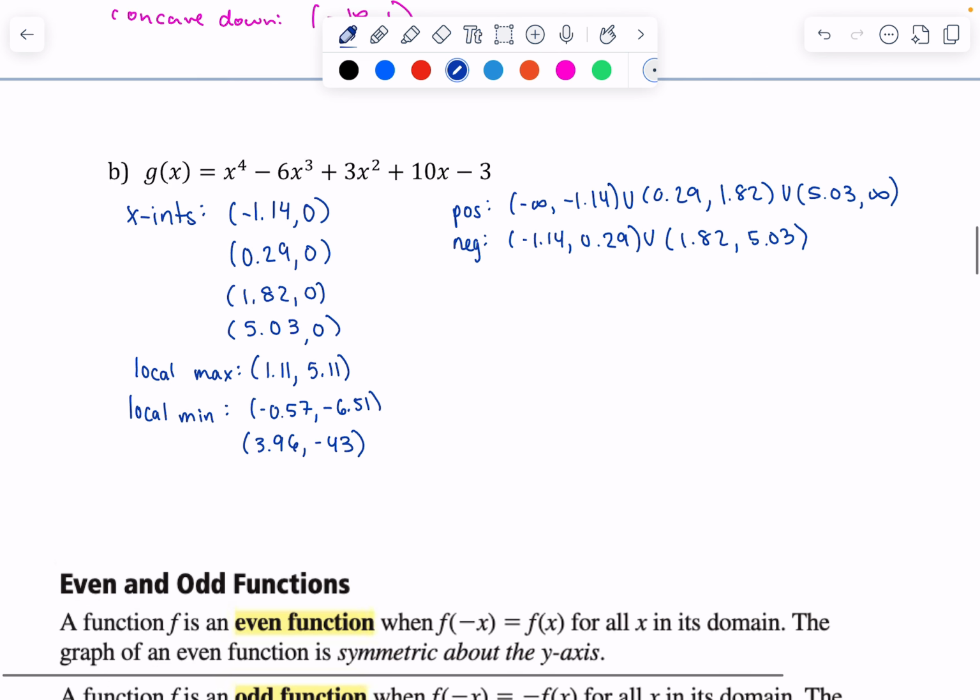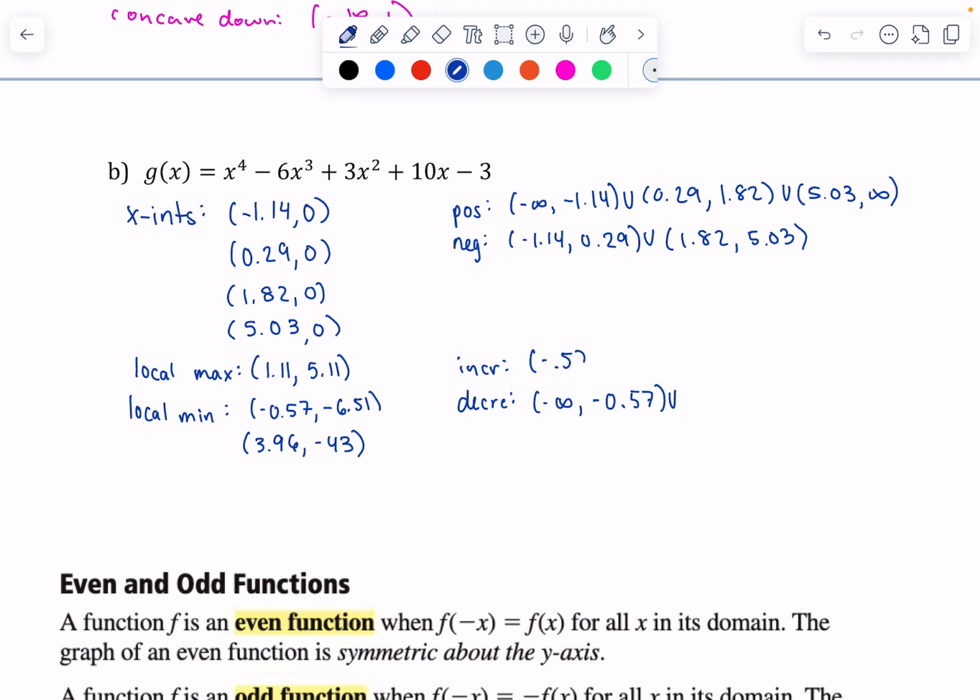Okay, so I'm just going to go straight to doing the increasing and decreasing intervals now that I have that information. From the very beginning of the graph, I am decreasing until I get to my first local min at -0.57, at which point I start to increase. Sorry, I want to put 0.57, at which point I start to increase, and I stop increasing at 1.11, which is my local max,